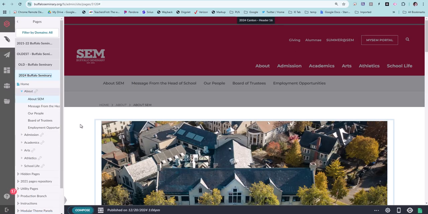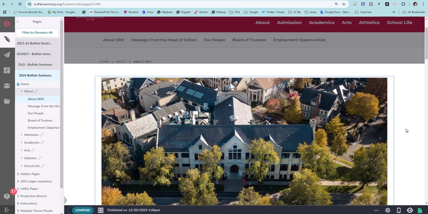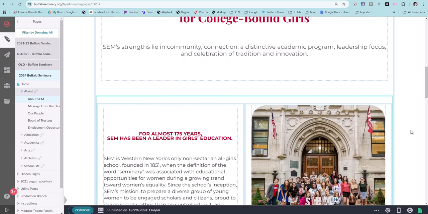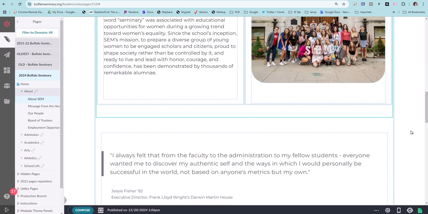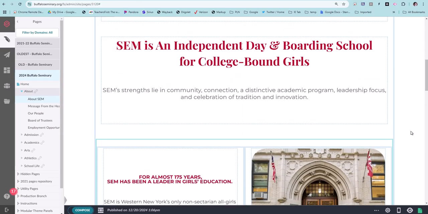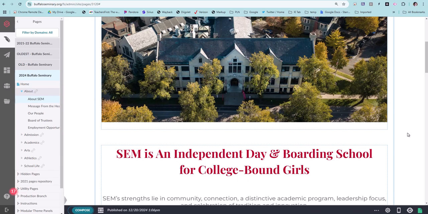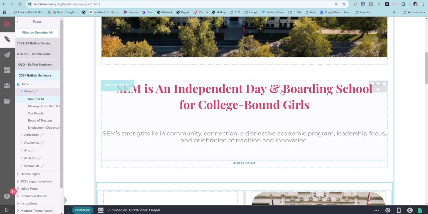So this is our About SEM page from the back end. Looking at it from the back end where you do the editing is sometimes really misleading because you can't really tell what it looks like when it's all done. But new websites have to be optimized so that they can fit on your phone or whatever device you're looking at. So instead of the clean HTML that you're using for your current websites, this also uses HTML, but it's in little